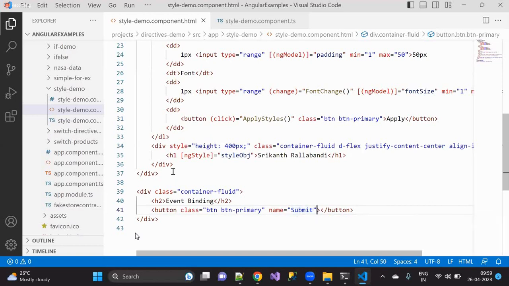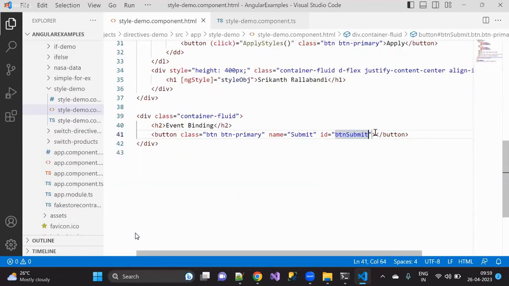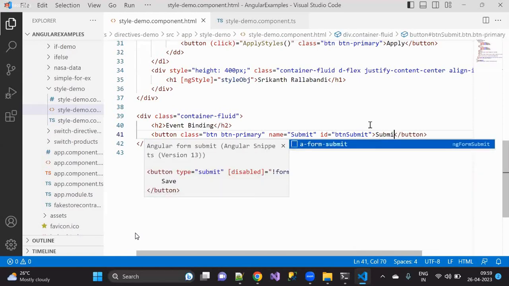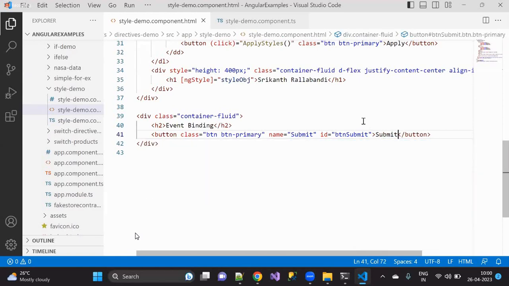Any name you can give. And I'm giving some ID also. That is btn submit, that's what I can give. And the name of the button is going to be, let's have, the submit button. So like that it is going to be. Now what I want to do, when user clicks on it,